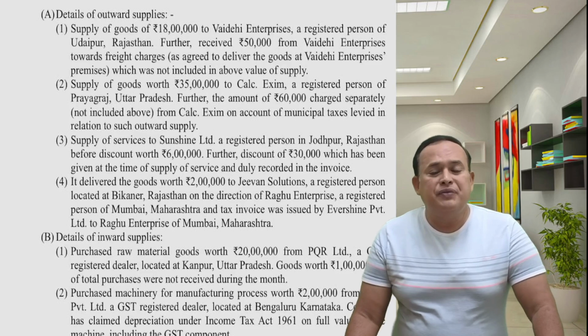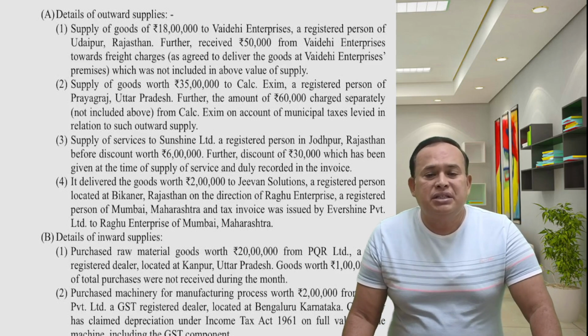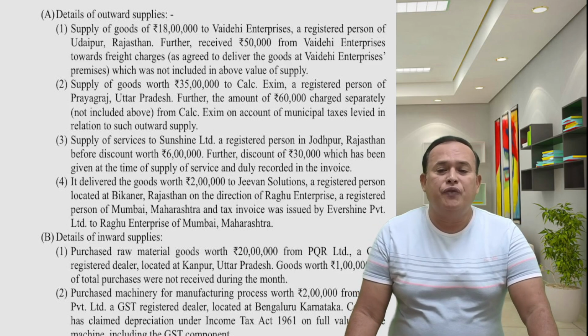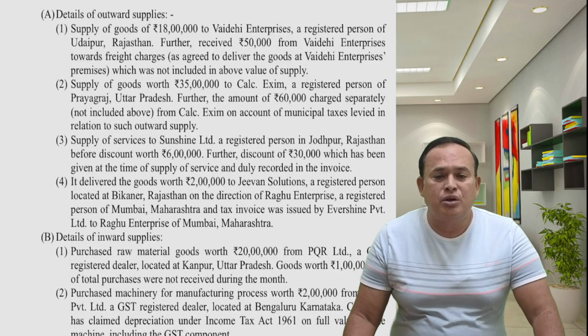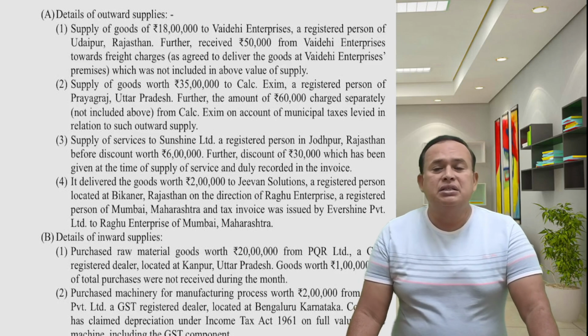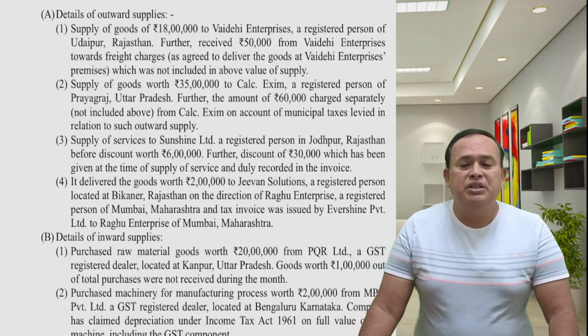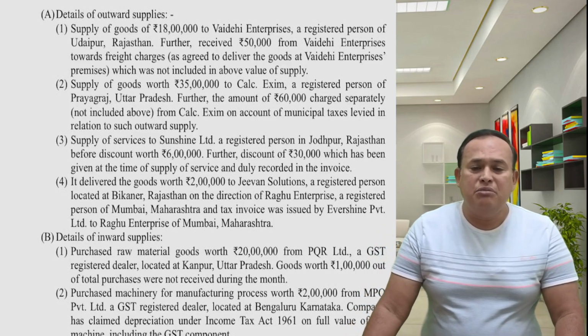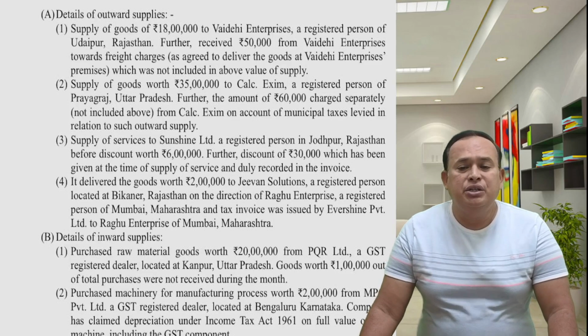Third, supply of services to Sunshine Limited, a registered person of Jodhpur, Rajasthan, before discount worth rupees 6 lakhs. Further, a discount of rupees 30,000 was given at the time of supply of services and duly recorded in